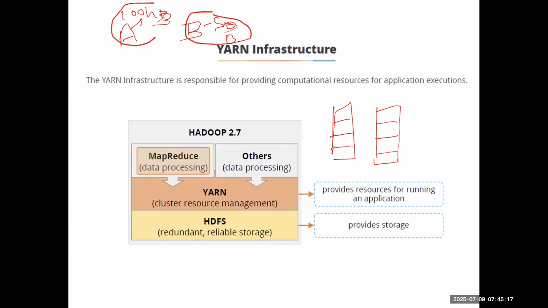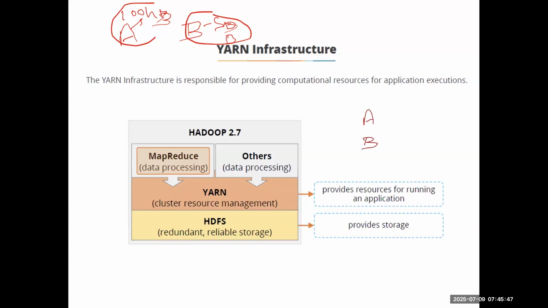Okay, let's just go further. Maybe you will understand more. So YARN is to provide resources for running the application. It will tell you to use these resources. See, the resources are already there, in the racks and all. I already have the resources, but I need to assign them. Let's suppose you have job A and job B, so maybe you need more resources to run job A.